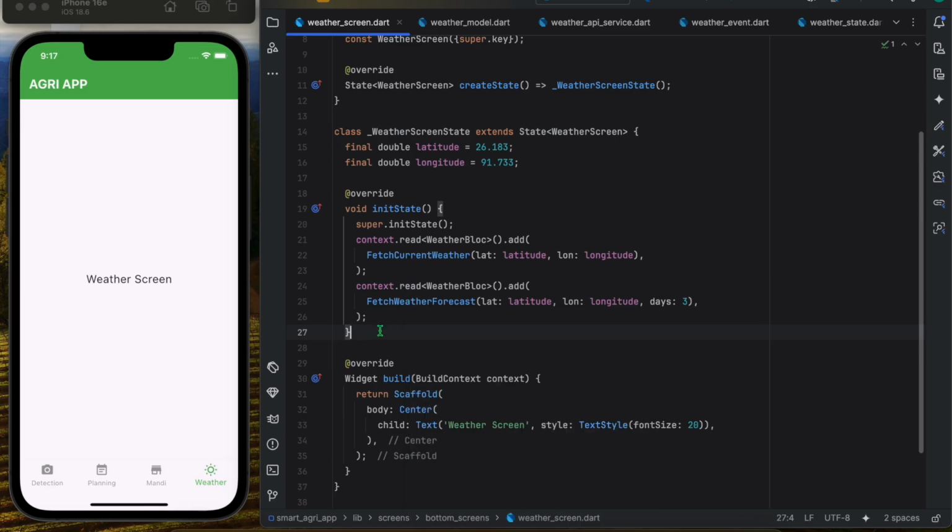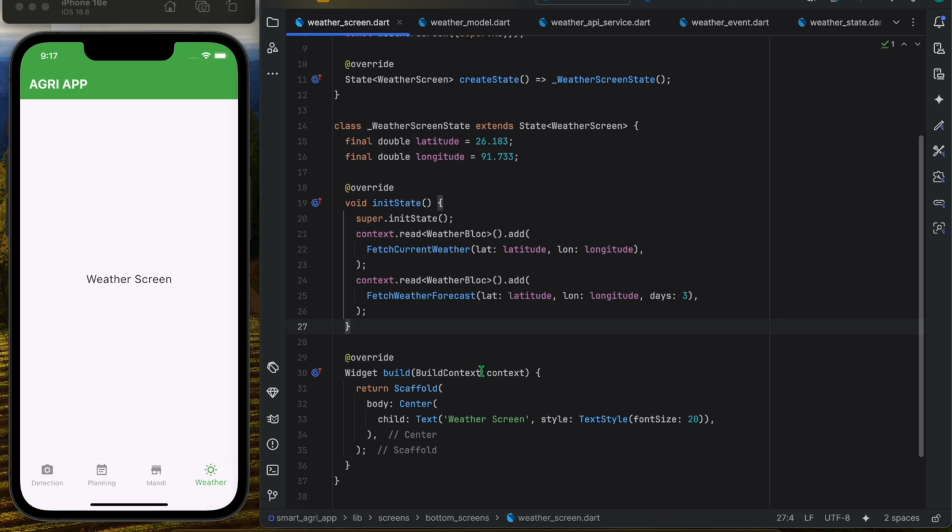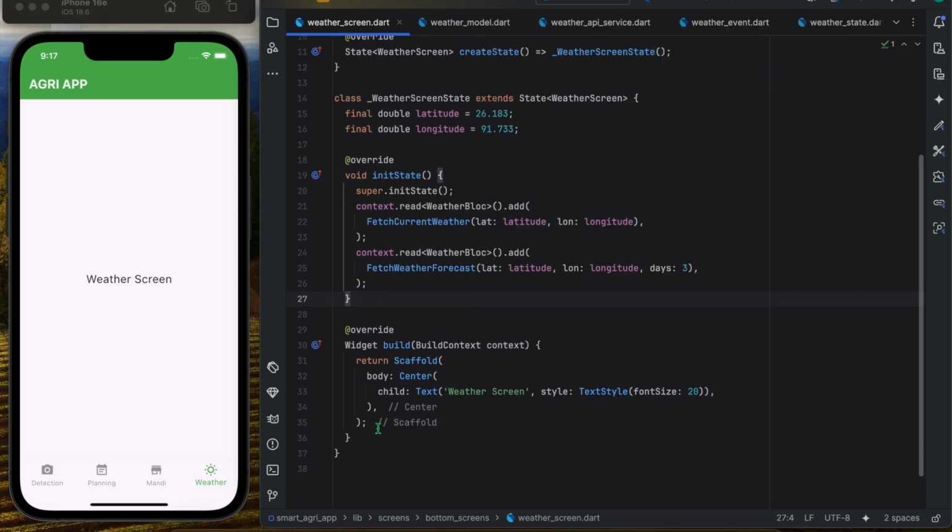Okay, and now we need to build our UI part. Now here in the scaffold body section, here we need to do